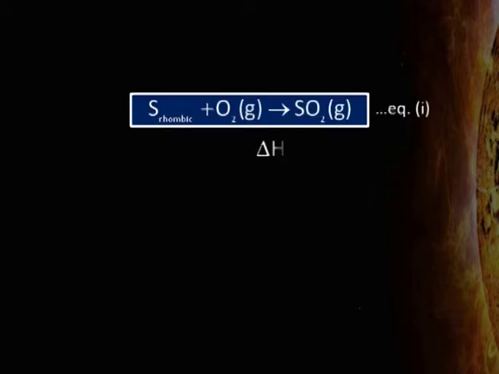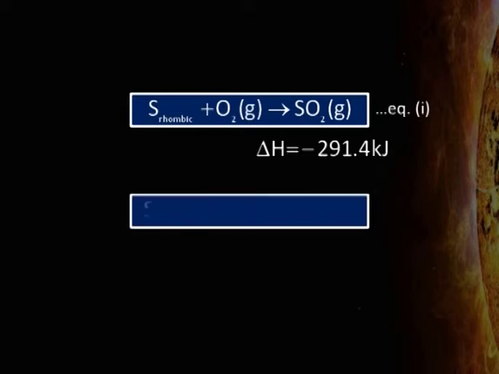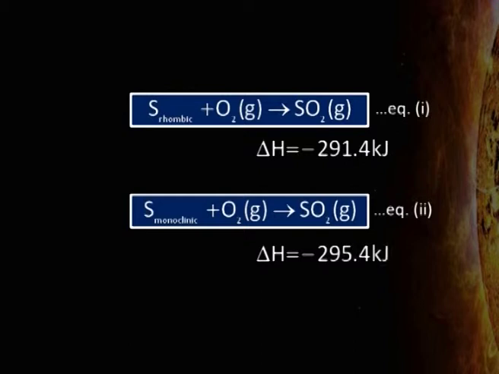as rhombic sulfur plus oxygen gas giving you sulfur dioxide gaseous. Delta H for this reaction will be equal to minus 291.4 kilojoules. And if monoclinic sulfur has been taken, then monoclinic sulfur plus oxygen gas giving you sulfur dioxide gaseous, delta H for this reaction will be equal to minus 295.4 kilojoule. Hence, heat of combustion for rhombic sulfur is minus 291.4 kilojoules and heat of combustion for monoclinic sulfur is equal to